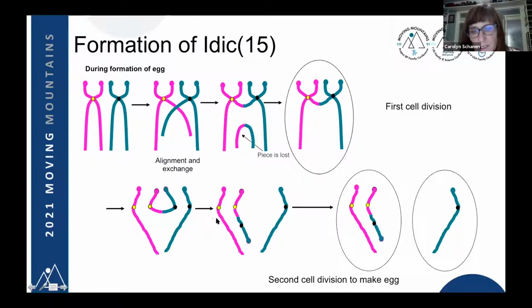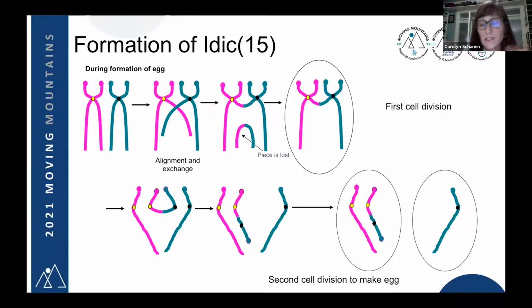Then as they start to end up in cells, into new eggs, one egg will end up with one normal 15. The other egg will end up with a normal 15 plus this new chromosome that has two centromeres, the isodicentric 15. And the reason that they come together and you don't just end up with an isodicentric as a single, in a single cell or a single new egg, is because it may actually happen sometimes, but